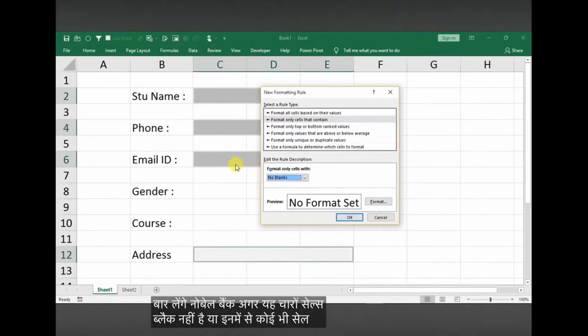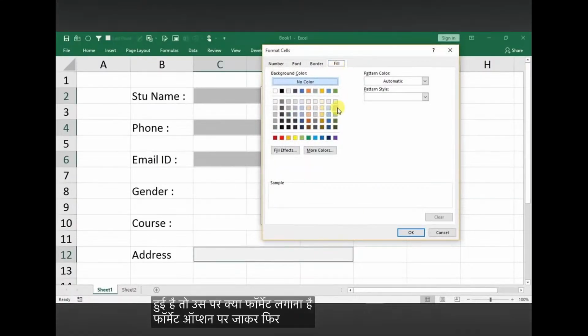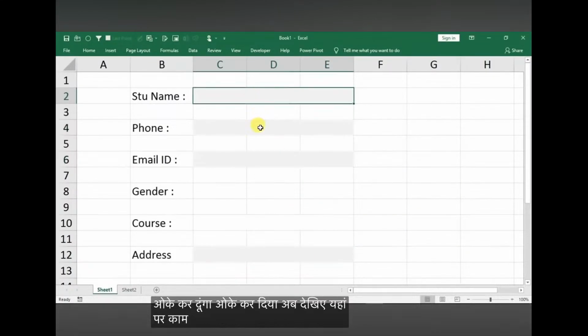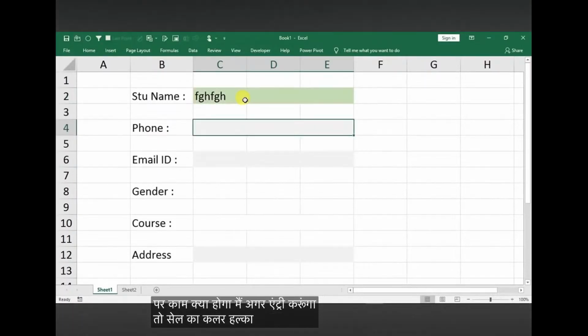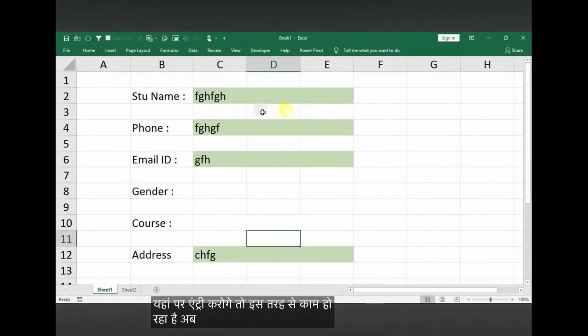ब्लैंक नहीं हैं या इनमें से कोई भी सेल ब्लैंक नहीं है तो उस पे क्या फॉर्मेट लगाना है, फॉर्मेट ऑप्शन पे जाके फिल पे जाके हल्का सा ग्रीन कलर लगा दूंगा। ठीक है, और ओके कर दूंगा, ओके कर दिया। अब देखिए यहाँ पे काम क्या होगा, मैं अगर एंट्री करूंगा तो सेल का कलर हल्का ग्रीन हो गया जो हमने सेट कर दिया है, और यहाँ पे एंट्री करूंगा तो ये देखिए इस तरह से। ठीक है ना, यहाँ पे एंट्री करोगे तो इस तरह से ये काम हो रहा है।